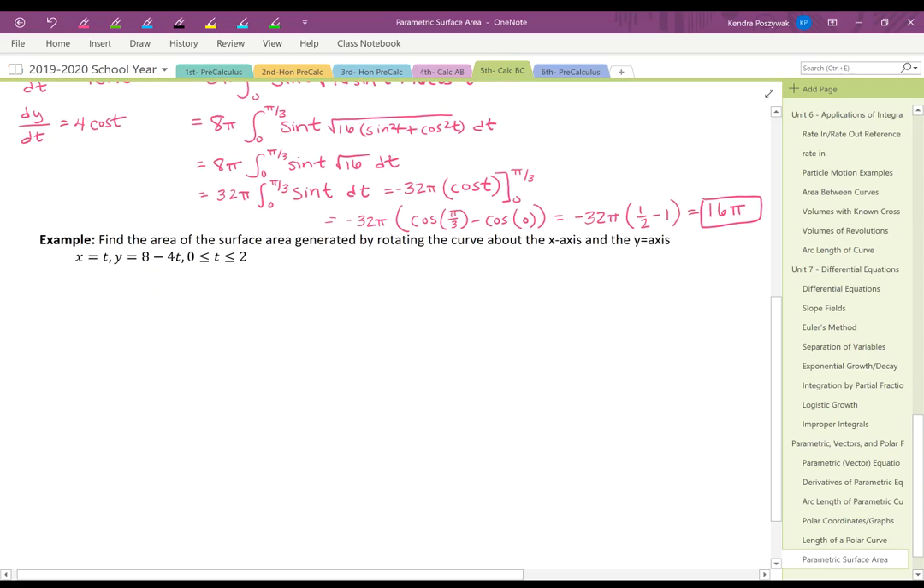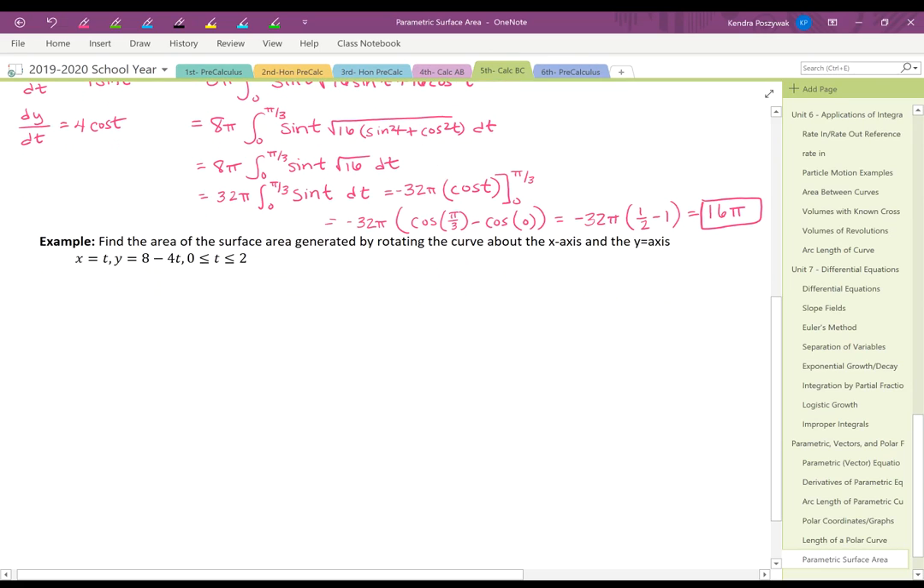Next example we're going to look at, it says find the surface area generated by rotating the curve about the x-axis and the y-axis. So the first thing we have to do is find dx/dt and dy/dt. So dx/dt is going to be 1. dy/dt is going to be negative 4. So then we have, if we're looking for rotated about the x-axis,